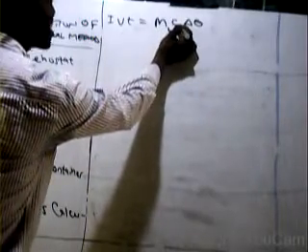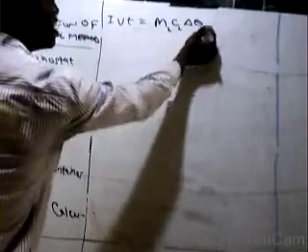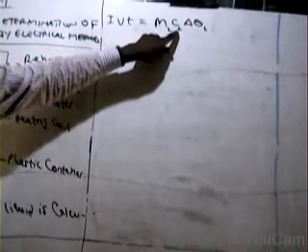This is the specific heat capacity of the liquid that we are looking for. And this is the change in temperature of the liquid. If the liquid is water, the expression will change to IVT equal mass of water, specific heat capacity of water, and change in temperature of water.